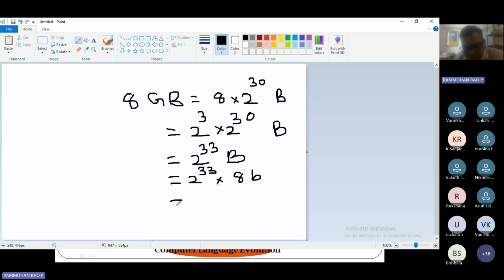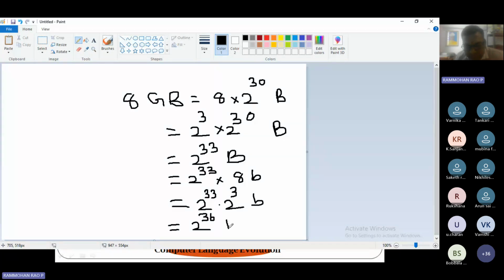Then this 8 again can be written as 2 power 3. And now capital B has become small b. Now the answer is, bases are equal, so powers should be added. Now the answer is 2 power 36